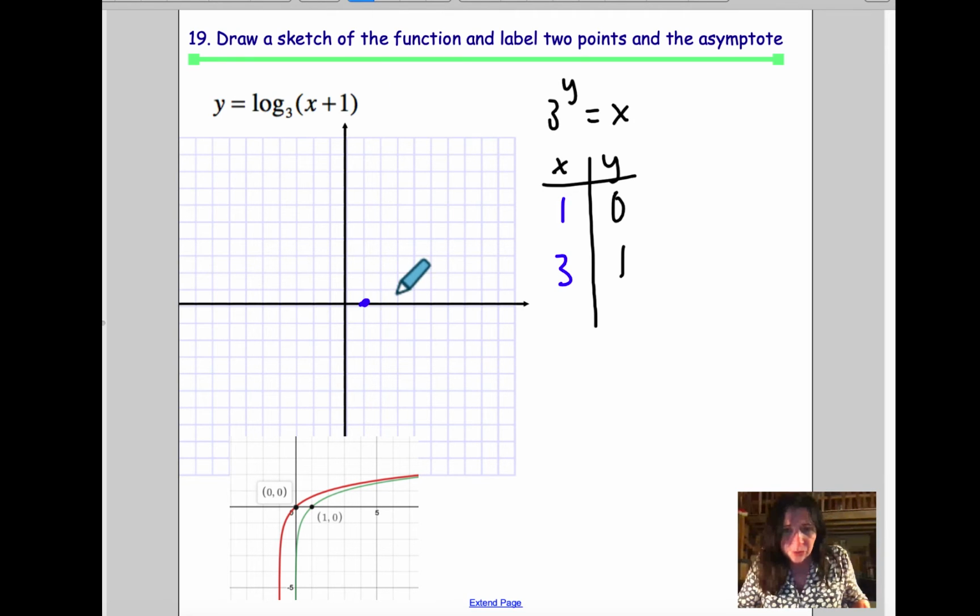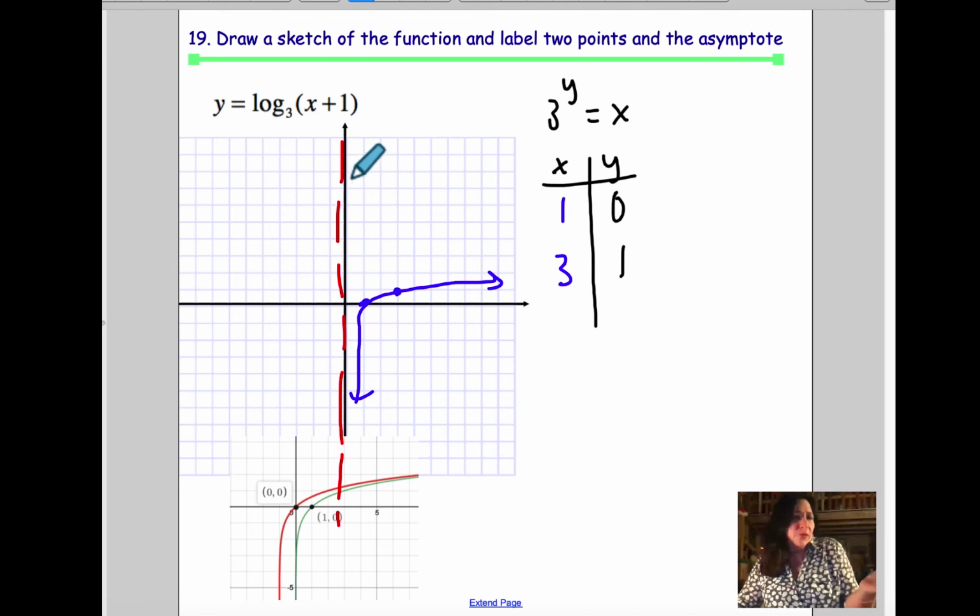And 1, 2, 3, 1, right? So I know my graph does this. I also have an asymptote at x equals 0. Here it is, right there. There's your asymptote. And the only thing really that we have going on this graph, we don't have any reflections,